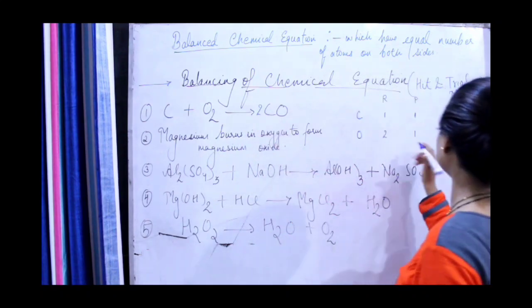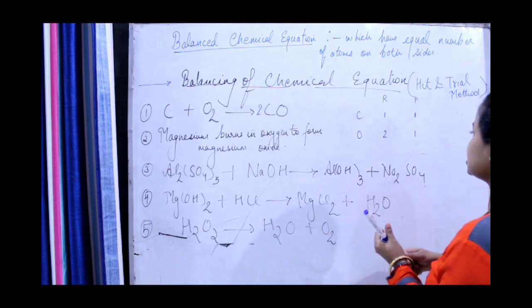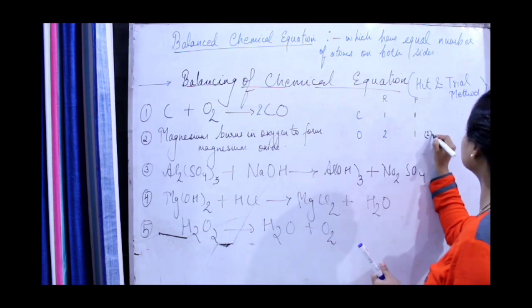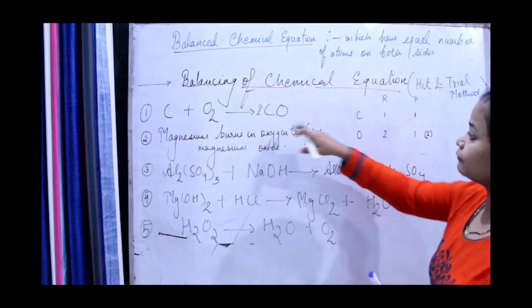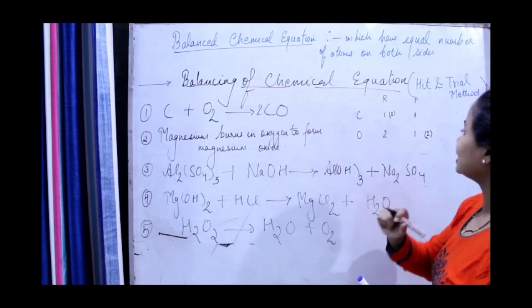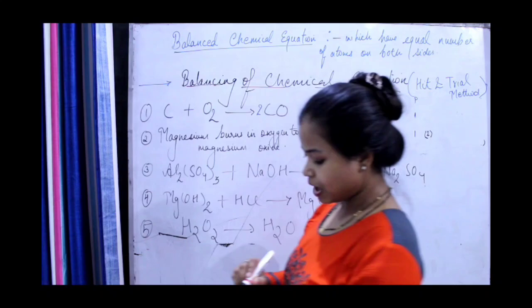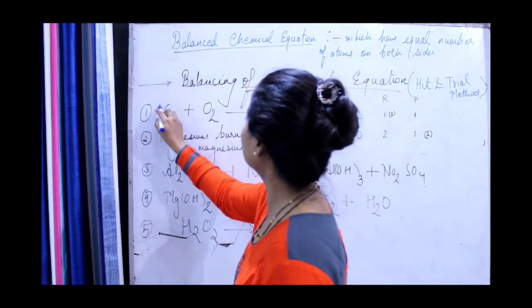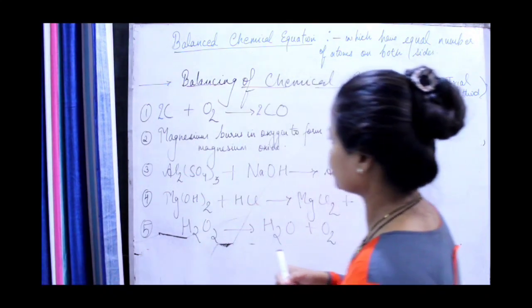So I'll write here oxygen. In this case it became 2. Look, oxygen became 2. But carbon also, after writing it here, carbon also became what? 2. So now I need to balance carbon. So what I will do? I will again write 2 over here. Fine. Now just check it out.